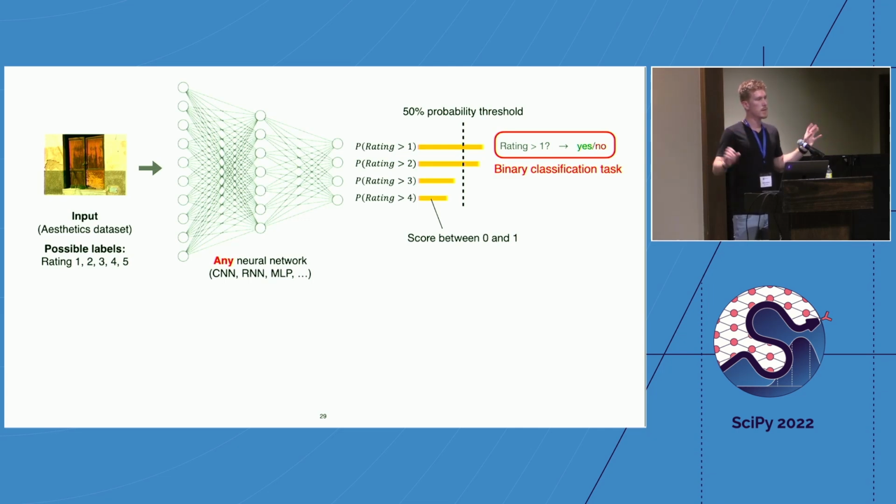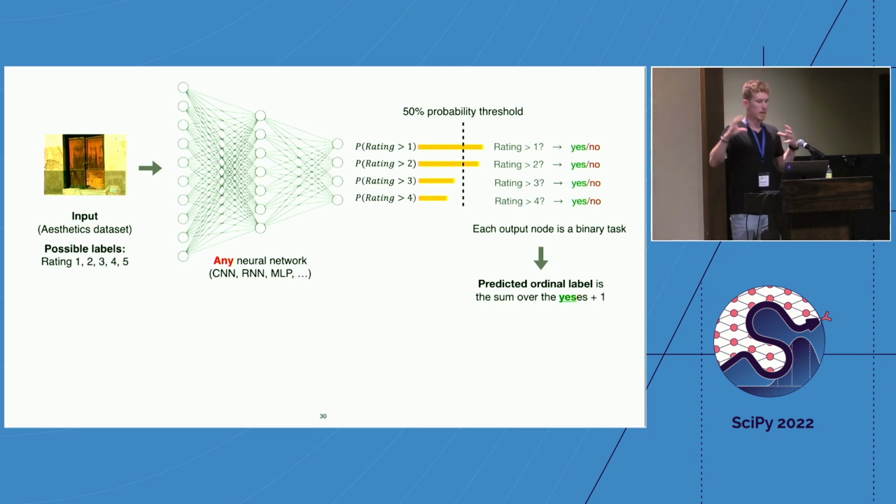So it's in a sense turning this classification problem into multiple binary classifications. You have then at these output nodes these binary questions. In this case, if we have 5 labels, we have 4 output nodes, because when we answer the last output node with yes, so if we answer it's greater than 4, this would imply 5. So we have one fewer output node than we have ratings. But yeah, this is the basic idea behind turning a classifier into this ordinal regression model using